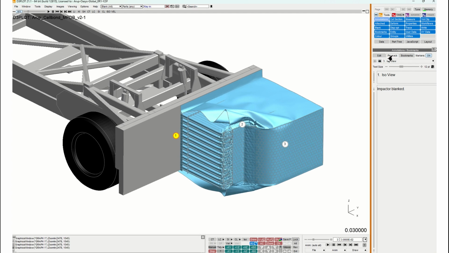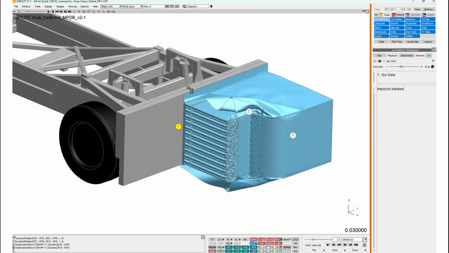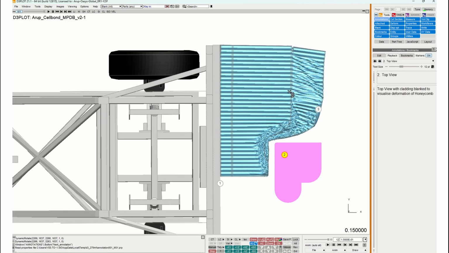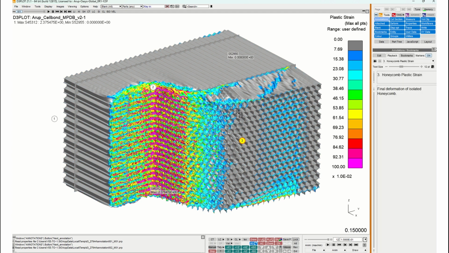If I go into the playback menu, I can skip between different annotations, and each of the annotations will essentially have a title and also some description as well. So this is sort of like your notes section when you're explaining to users in a live presentation setting. I can say the first thing I want to show users is how the end of the honeycomb deformation looks in the isometric view. I go into the next one, and I can show an animation of how it looks in the top view. Then I could go into the next view over here, which essentially shows the final plastic strain of